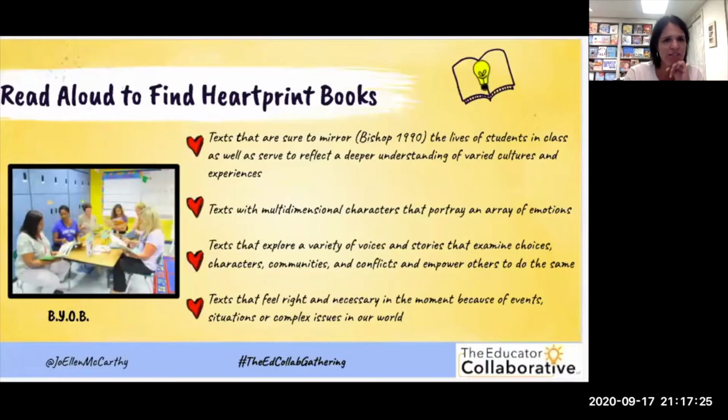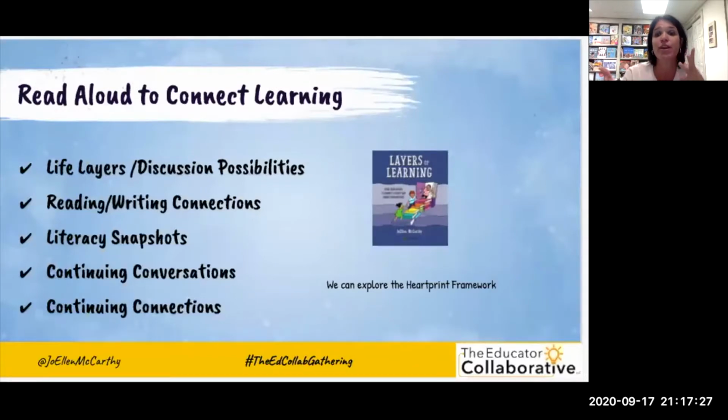So there's something that I like to call the heartprint framework, right? And this is just a bit of a structure, and I kind of alluded to this before. I start with a read aloud so that we have a book bond or an experience. And that can be a morning meeting, a responsive classroom atmosphere, could be at the same time every day, like we can check in before lunch or after lunch. Oftentimes that morning meeting or that heart start is the best time of day to do this work. And that's where we have the opportunity to have discussion. And we have life layers.